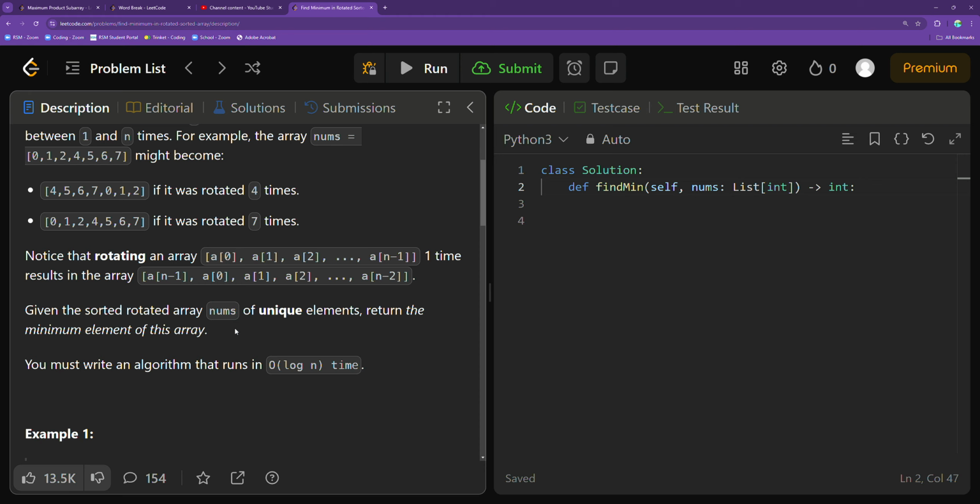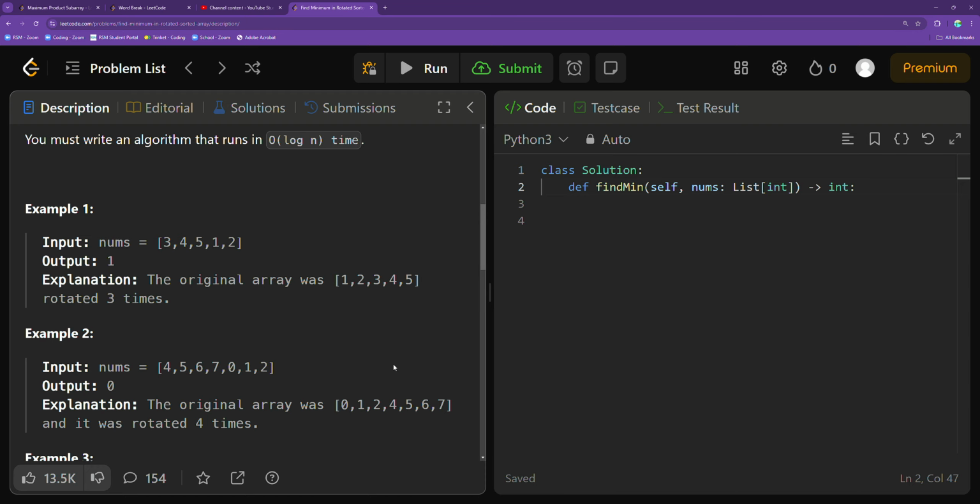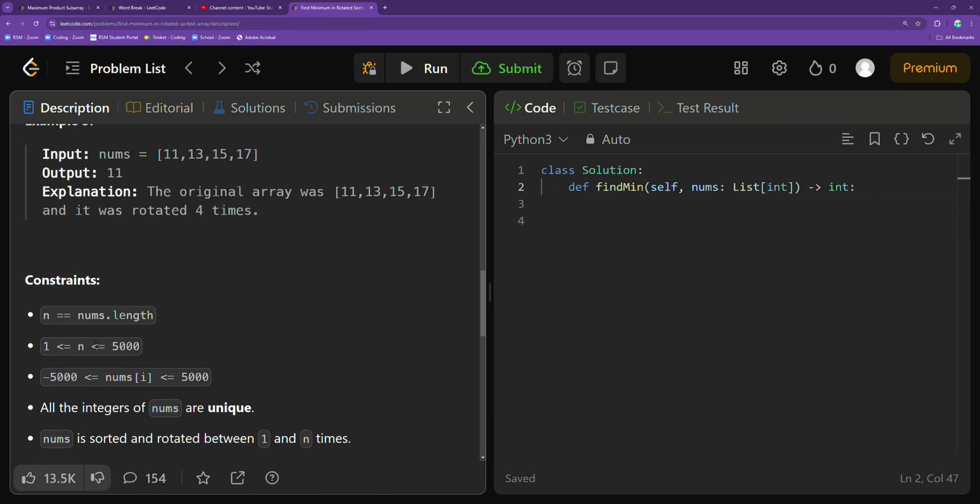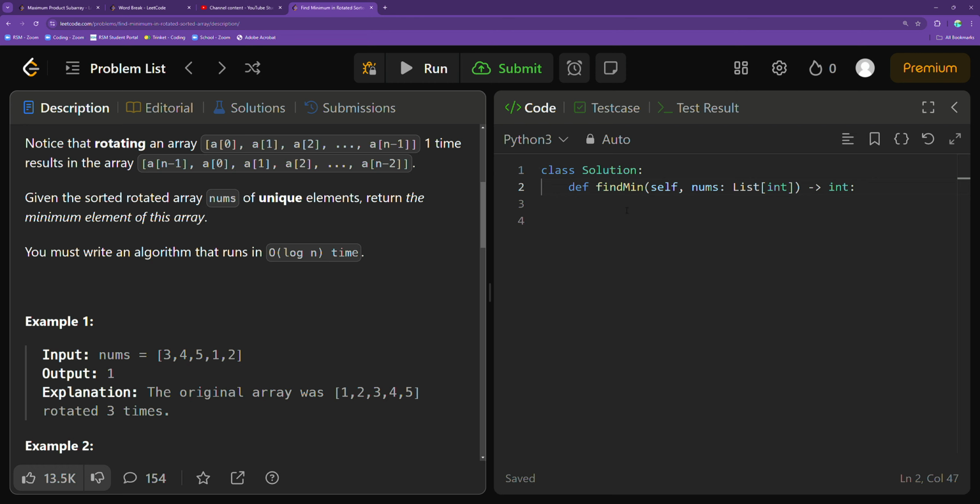So honestly, this is a kind of weird problem, because if you scroll down and check the constraints, it says that when n is equal to the nums.length, n is not going to exceed the value of 5,000. So this indicates that we can have operations up until and even exceeding big O of n, which in this case, if we were to have a program that runs in big O of n,